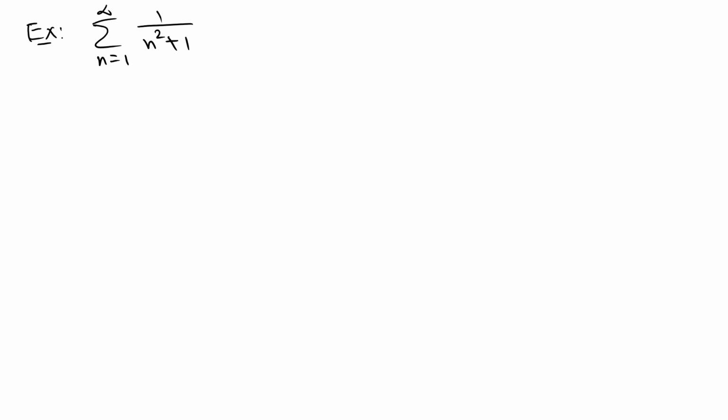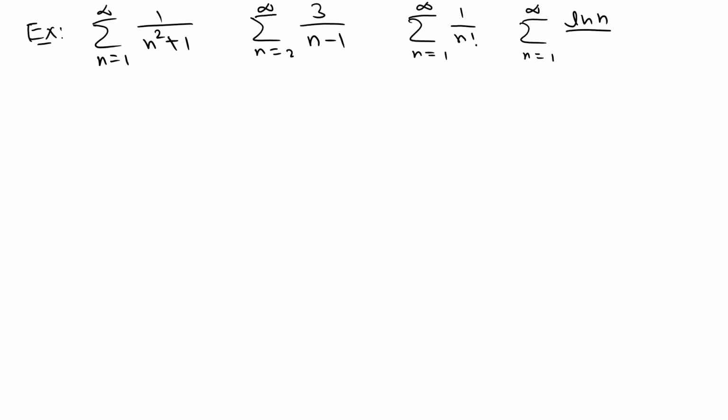And then try this. n going from 2 to infinity, 3 over n minus 1. This is just a direct comparison problem. And then sigma n going from 1 to infinity, 1 over n factorial, and then sigma n going from 1 to infinity, ln n over n,